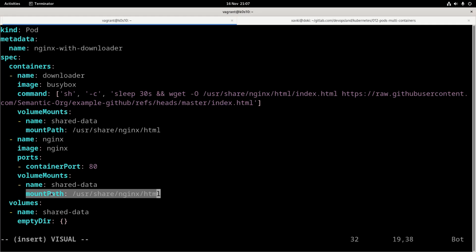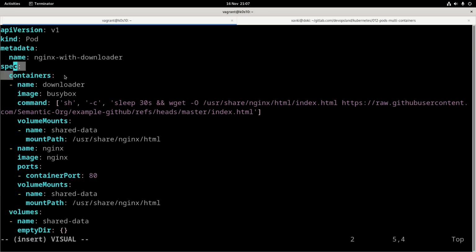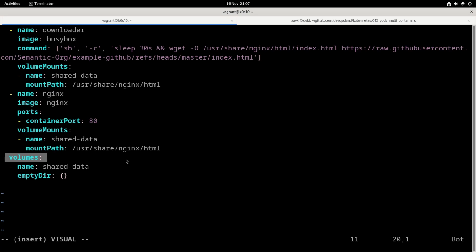To use a shared volume between the two containers, we need to declare a volume in volumes. So be careful with the indentation. Here we have just one tab. We are at the same level as containers. So this is where we can declare a volume, and we have only one volume named shared-data, like in the volumeMount. This is an emptyDir, we'll see it in the next video.